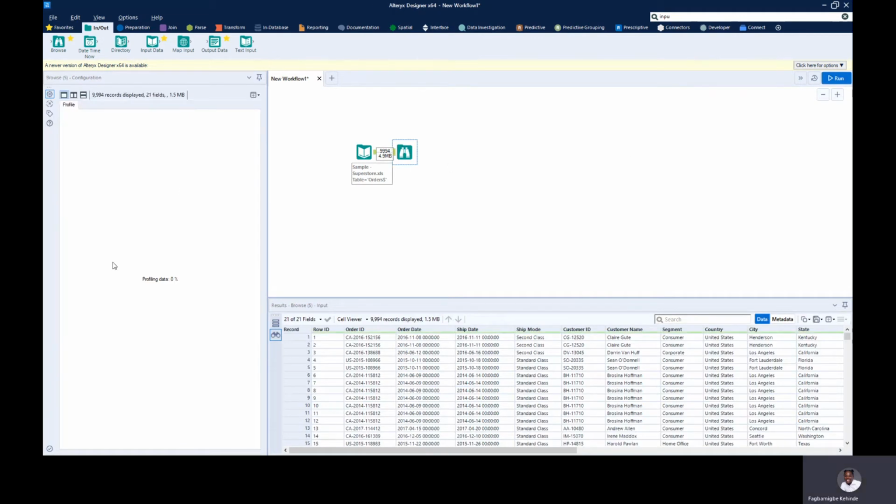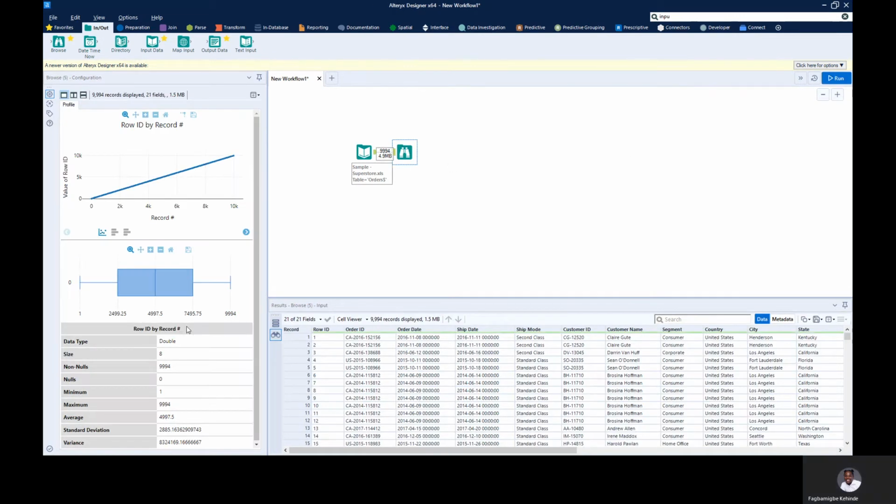Okay, you can see it's coming up. All right, so I have this here already. All right, so you can see how to turn off the data profile information. And again, you can also